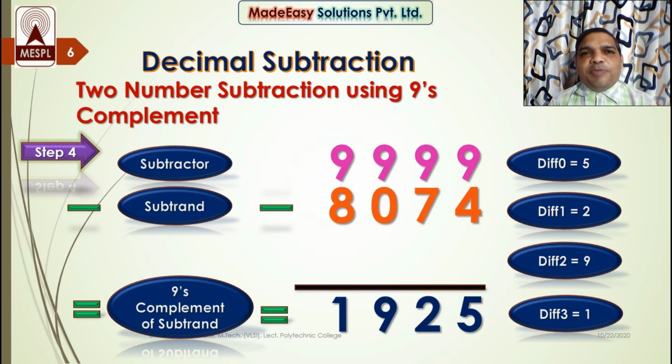Here the subtrahend we had considered was larger than the subtractor. We will verify this method when the subtractor is larger than the subtrahend as well. No doubt, whenever our subtractor is larger than subtrahend, we directly get the difference. But meanwhile, if any subtrahend digit is larger than subtractor digit, we have to take a borrow over here. And we know this technique does not require borrow. So if we use this technique, when our subtractor is larger than subtrahend, it will be well and good. So let's verify this technique in this case also.